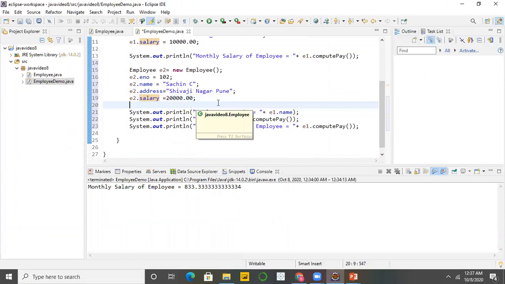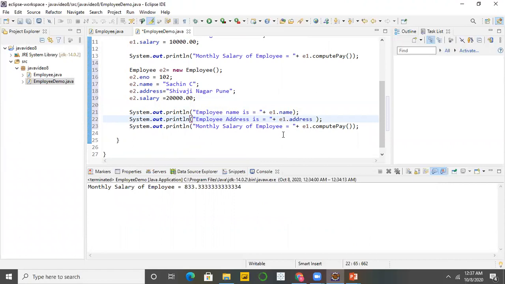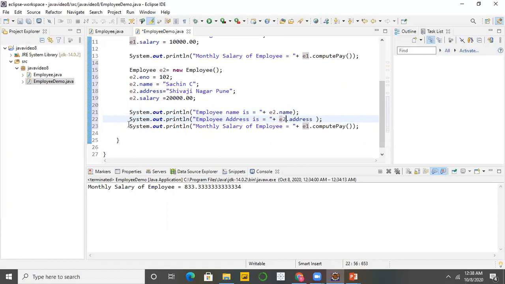Now I want a formatted output, so I'm writing some SOP statements here. Employee name is, employee address is, E1 dot address, and then sorry, now it is not E1, it is E2, and again I want to compute the salary. Before that I'm displaying the employee number also.